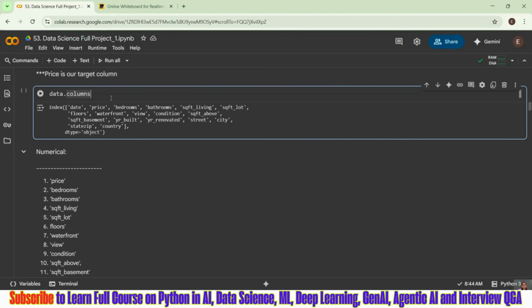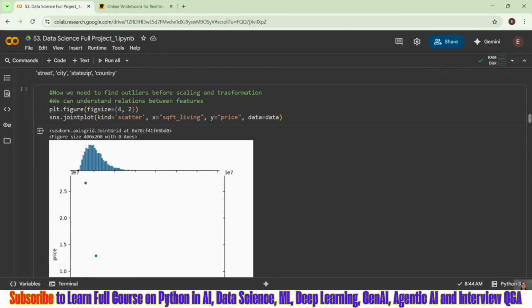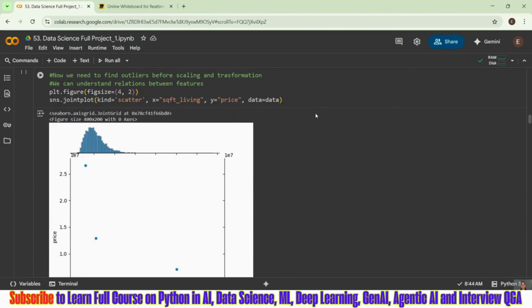For the encoding part, I want to know which encoding suits better. I have to know which are the nominal data and which are the ordinal data, and if it is nominal data, whether heavy categories are present in that particular nominal data.